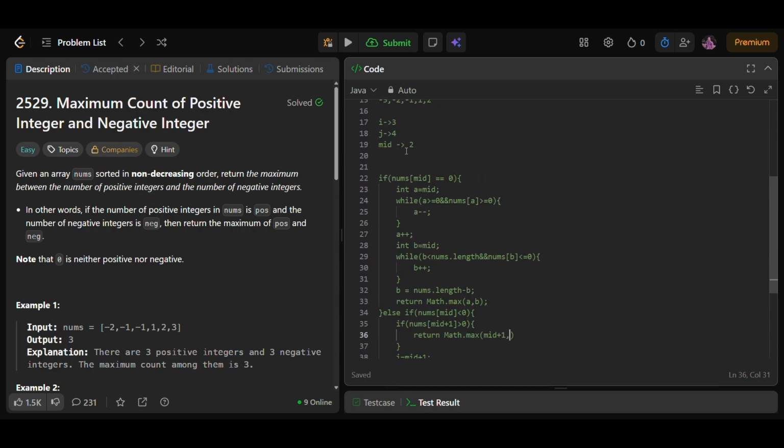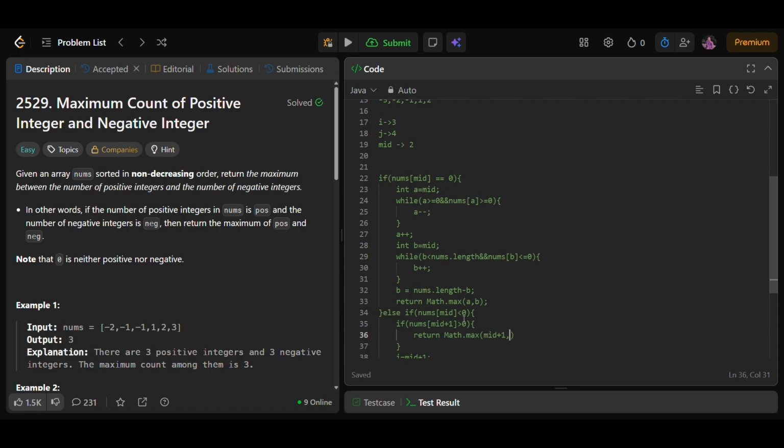As we have seen here, we have to increase it by 1 because if we have to calculate every element on the left side of that index, including the current one, then we have to increase it by 1. Okay, to count it. And if we find that the right index is greater than 0, then